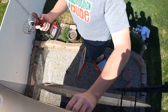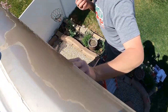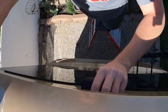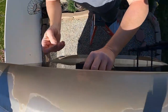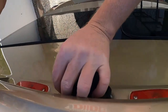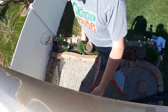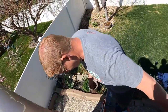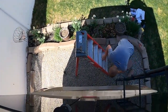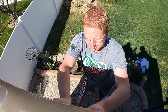Oh, did you just drop your screw? Of course. I got one here. Okay. Of course I dropped the screw. That's what happens. Son of a gun. All right, you gotta go find those now. Yep. Luckily they blend in with the rocks. Okay, I'm gonna